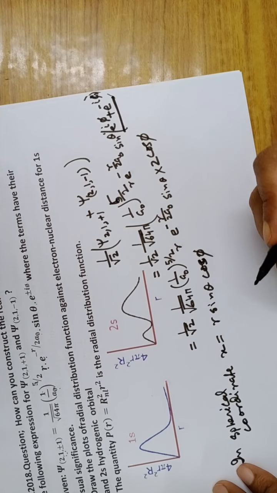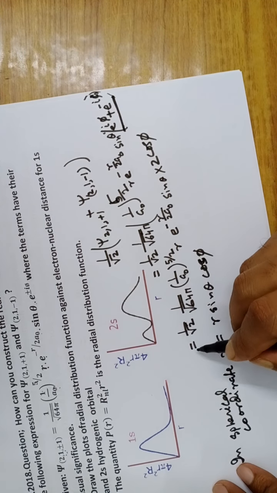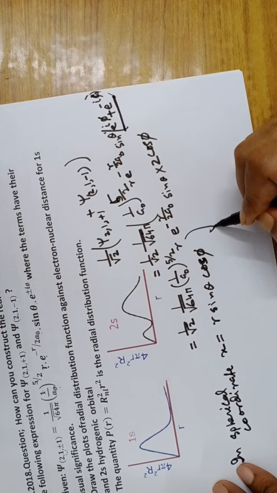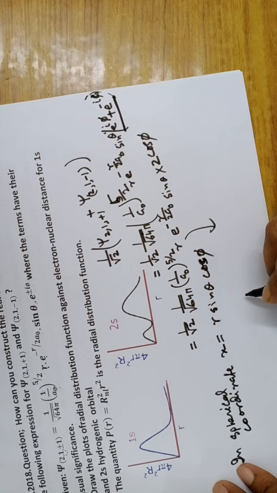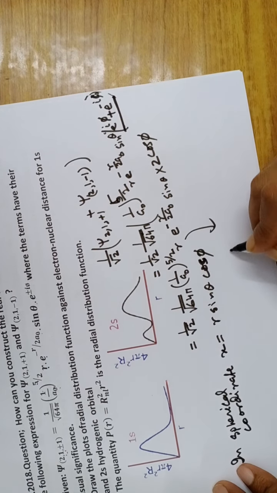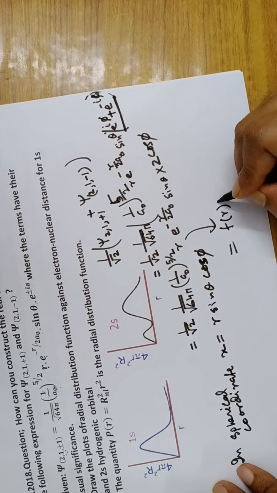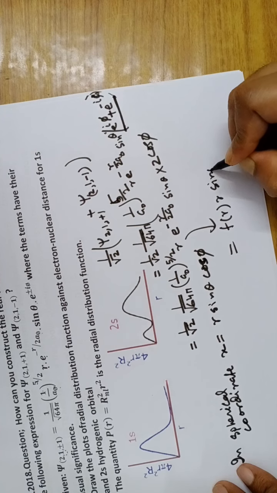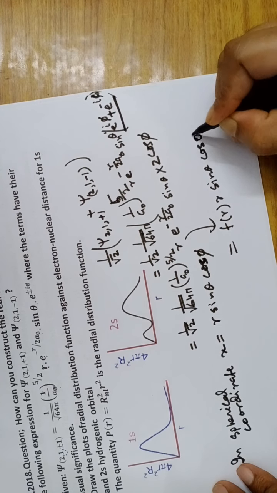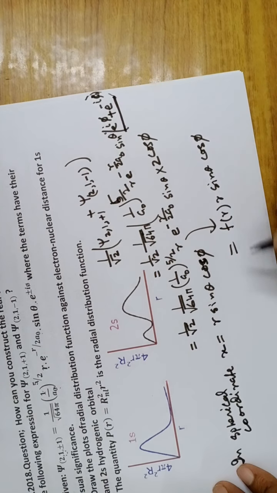Then what happened? Now this one may be written in this way: f of r into r sin theta cos phi. Okay, thus